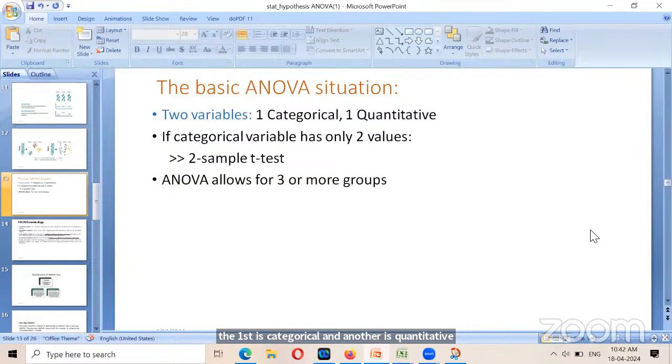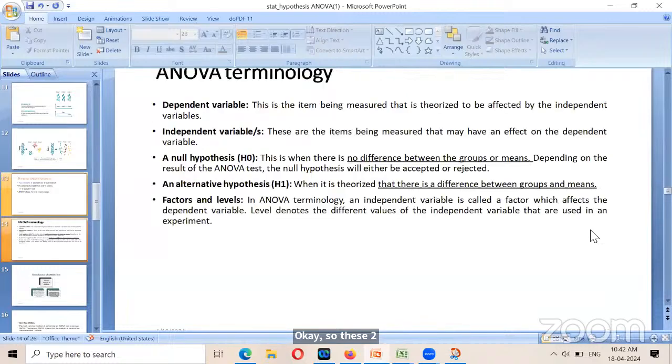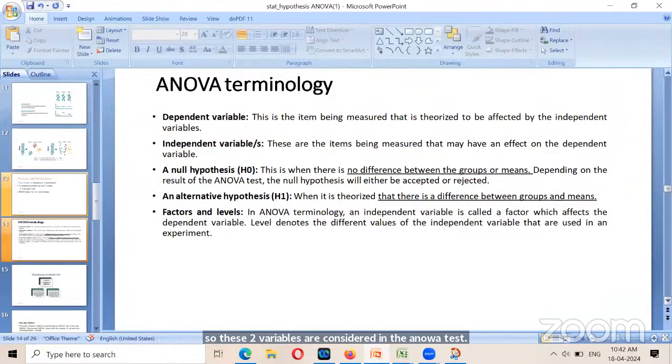Do you know correlation? In correlation, you might have seen that independent and dependent variables are there. So the categorical variable here is the independent variable and the quantitative variable is the dependent variable. So these two variables are considered in the ANOVA test. These are some important terms in ANOVA. Dependent variable, the item being measured,